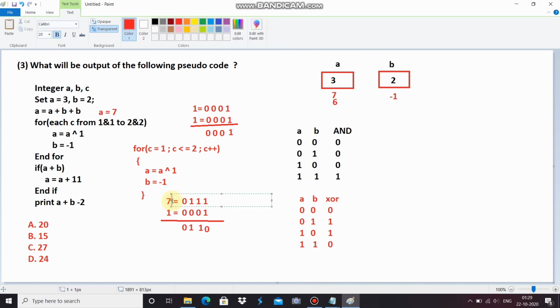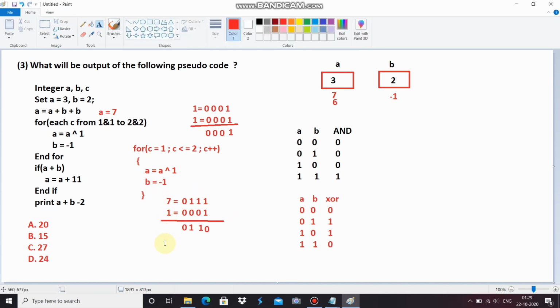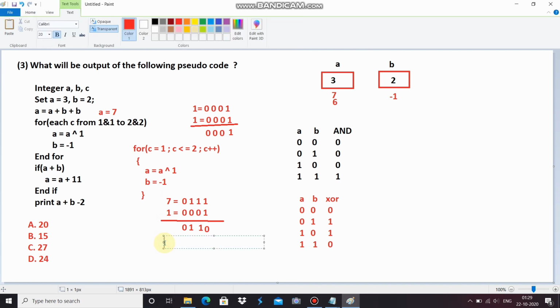If we take the value 6 and convert it into binary, it will give a result like this, and we convert 1 also, it will give a result.